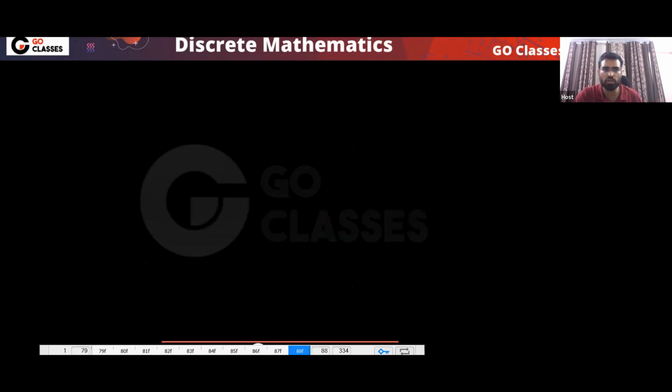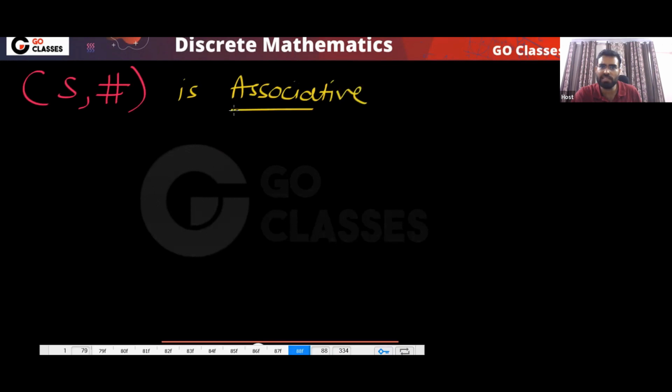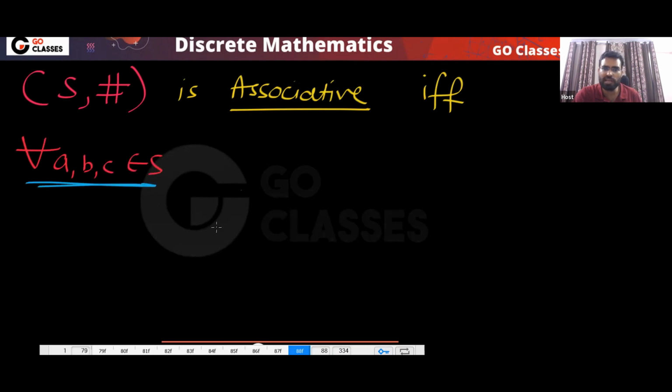What is the definition of associative property? This is very simple. Let's assume you have this set, and this is some operation. When can I say that this is associative, meaning it satisfies the associative property? If and only if, whatever three elements you take, same or different, whatever three elements you take,